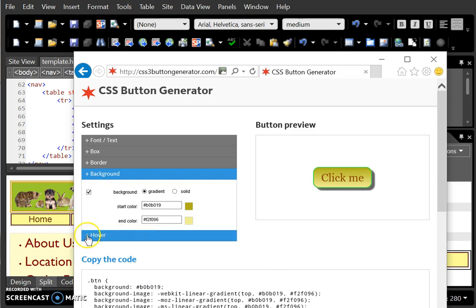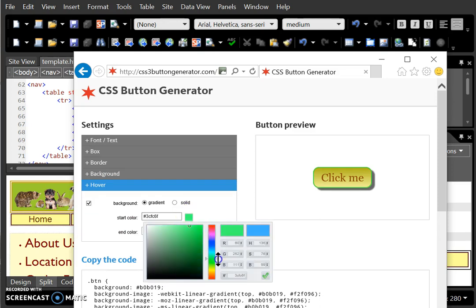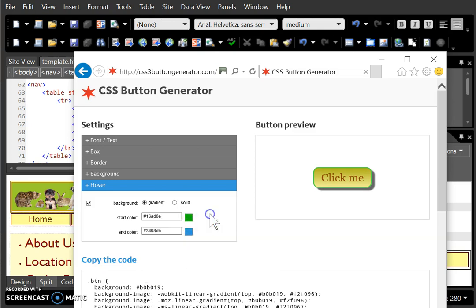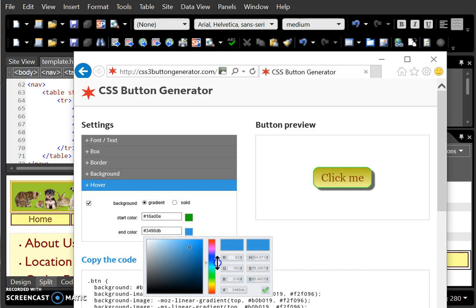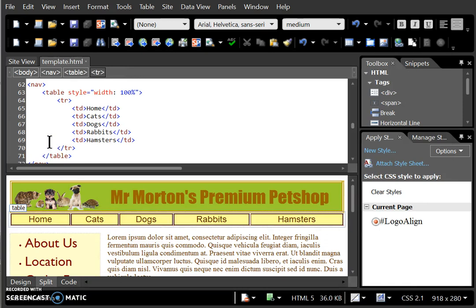And then with the hover style, you can choose what the button color will change to. And you should then test out your hover style by mousing over the button. When you're happy with your button, click Copy the Code, and the word copied should appear. Then switch back to Expressions